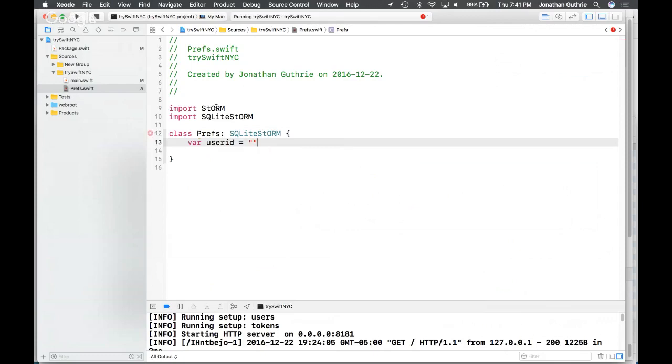I'm in favor of skipping initializers and just declaring default values if needed. Swift is great because of the type inference, so it automatically knows that it's a string. It's not having to ask what sort of string; it's just a string.